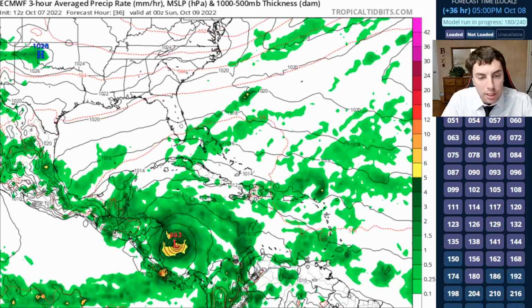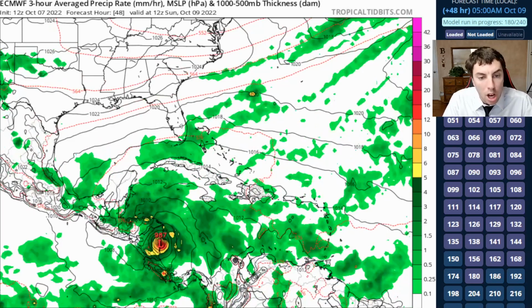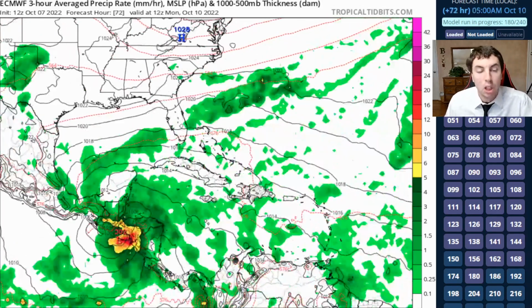And so we can see it's crossing the southwestern Caribbean Sea as early as Saturday into early Sunday, and then arriving on the Nicaragua coast by Sunday morning as a potent tropical storm or low-end hurricane according to the European model in the next 2 days. That's 48 hours out to be exact, and pressure is at 987 millibars, so moderate to heavy rainfall, strong winds. You can bet on a lot of significant, possibly catastrophic impacts on the Nicaragua, Honduras coast